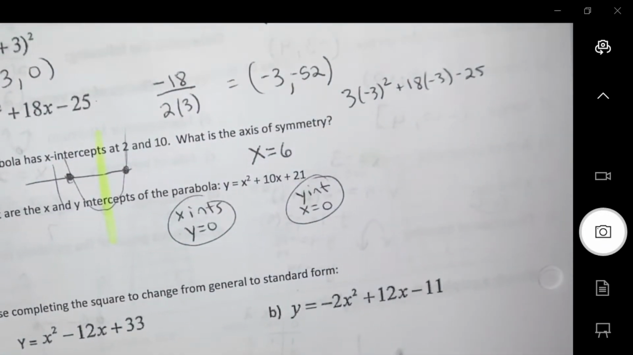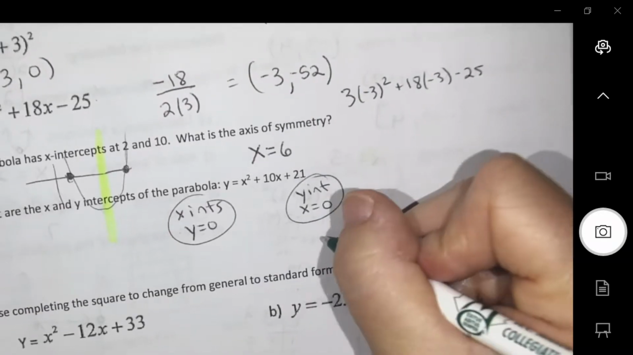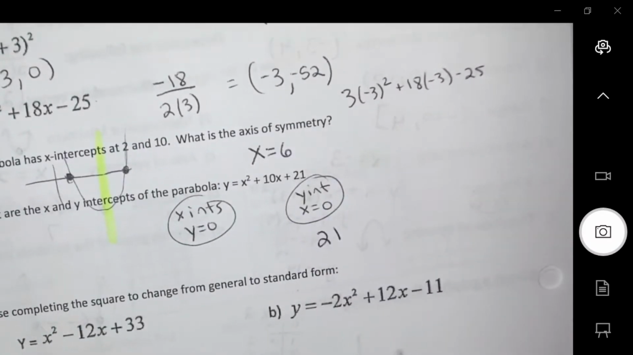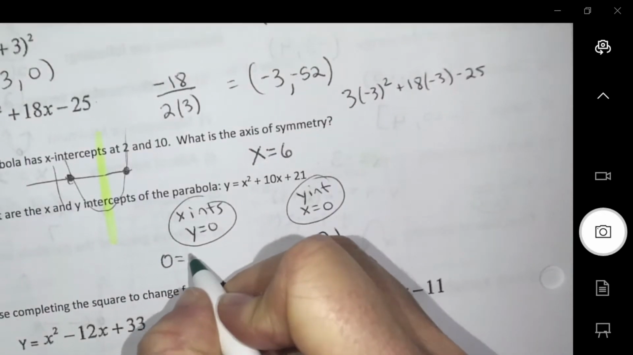Okay, so do we understand that concept? The x-intercepts is when y is 0. The y-intercept is when x is 0. The y-intercept, boom, 21. That's fast, because x is 0. The answer is just the last number. So on this one, if I make y 0,